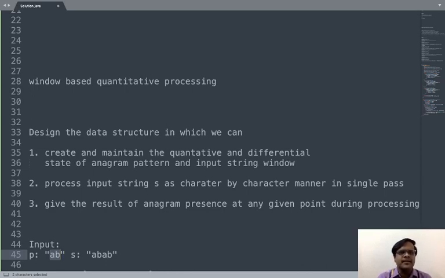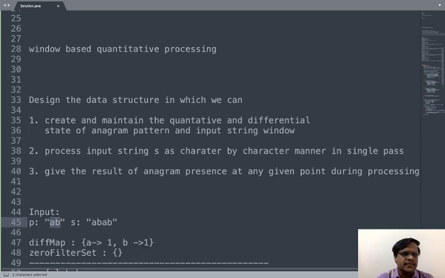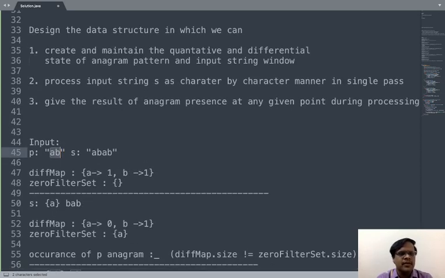Using a map and a set, we can have this anagram processing as a real-time state.